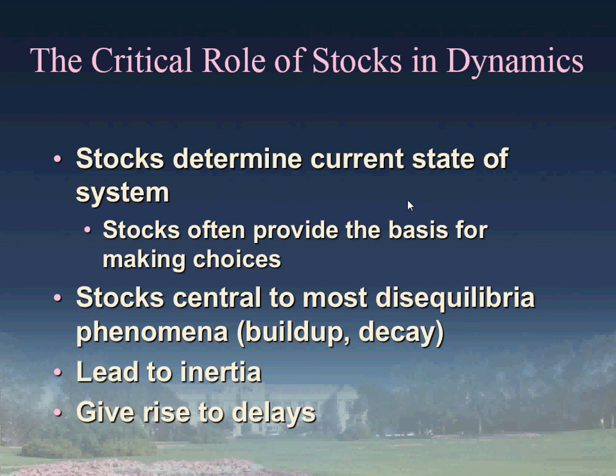They lead to disequilibrium behavior. They lead to dealing with these transient things, like when we disturb it, it takes a while for it to recover, to get back to equilibrium, because the stock is still out of whack. You change it from 500 to 600, it'll come back, but it remembers that disturbance for